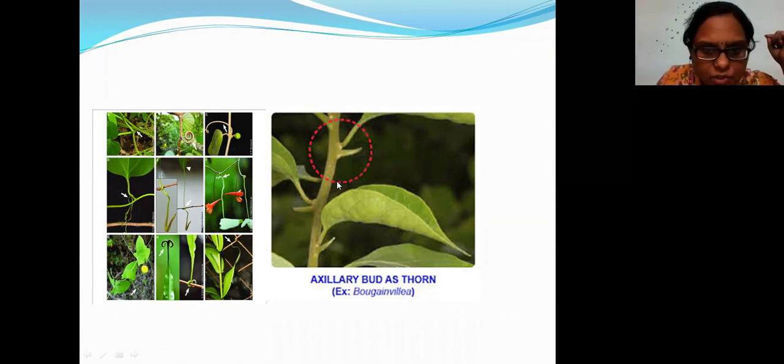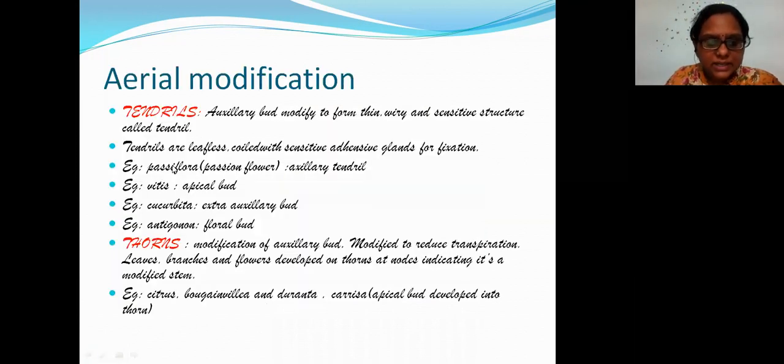So this is the axillary bud, because most of the tendrils, you can see, are coming out from the axillary bud. Bougainvillea is another very good example. You can see that they come out from different places. They have a very weak stem. We should not say woody, very weak stem. If they had a woody stem, then why would they need these tendrils? Because tendrils are a gifted part to give support to the plant, right? So these examples are very important, students.